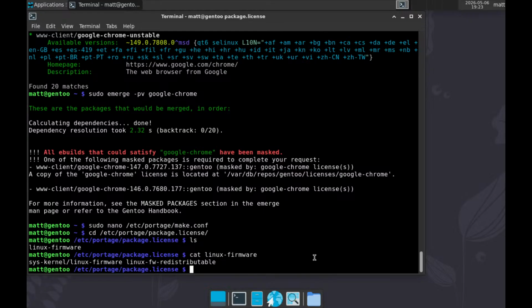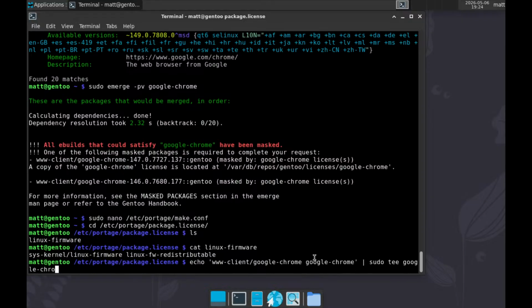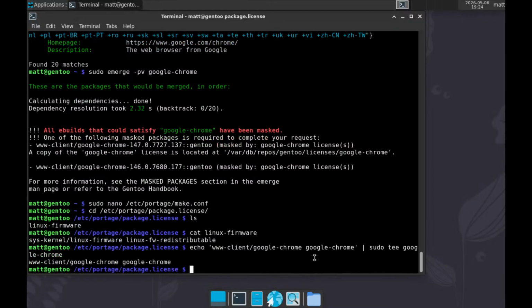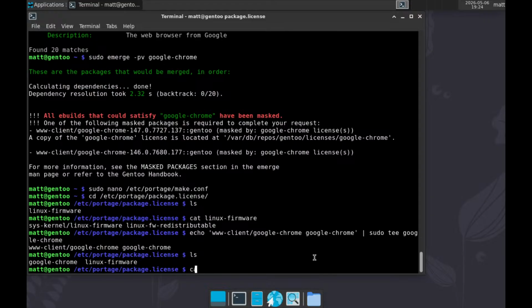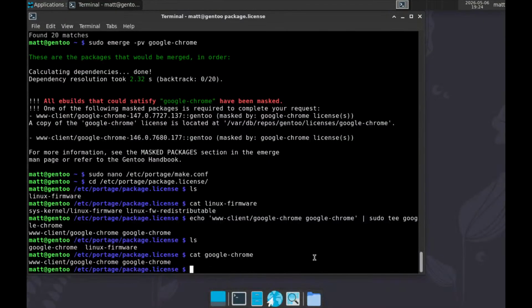So what I'm going to do is I'm going to echo www-client/google-chrome, and I'm going to say Google Chrome for the Google Chrome license. And then I will pipe that to sudo tee, and then we'll put it in google-chrome. Okay, so now we have a Google Chrome file, and if I cat google-chrome,